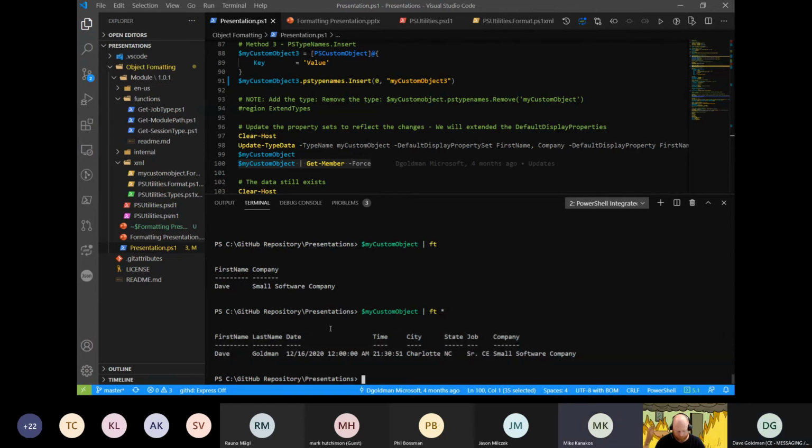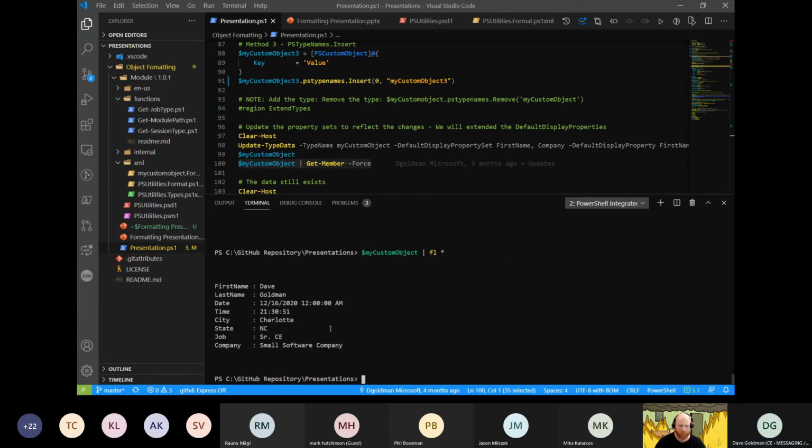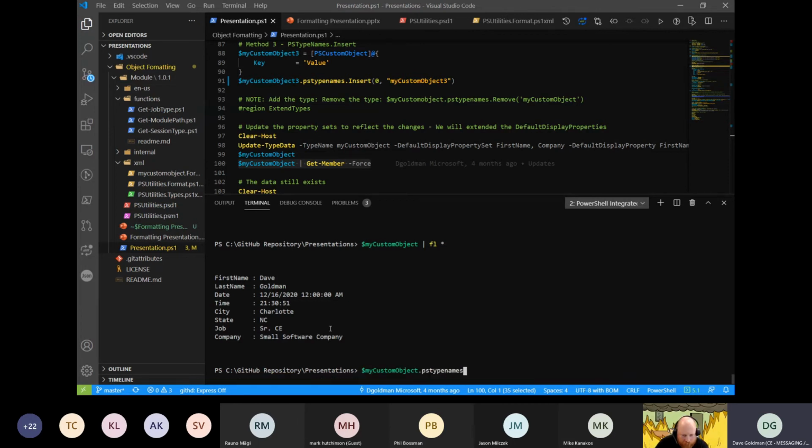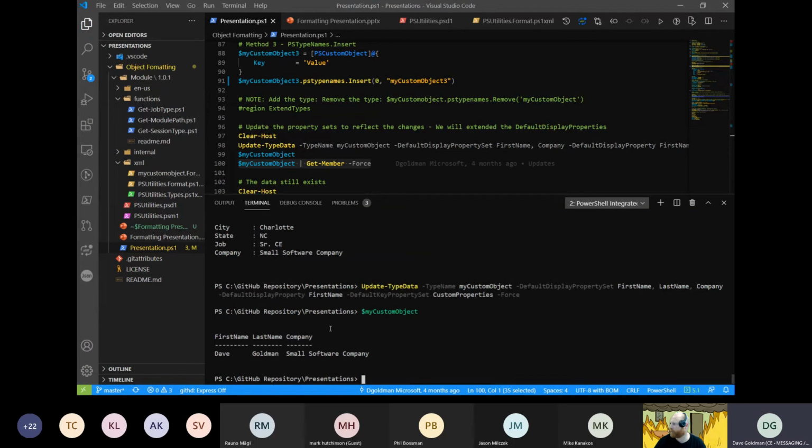Okay. So that's a format table. Now remember that the interesting thing here is that it affects my list and my table, but everything is there. Now I could totally do a select if I wanted to. But say you gave me a request and you're like, hey Dave, I need you to add some more stuff. So I go back to the display and I say, all right, let me add last name, and you can update this thing on the fly.